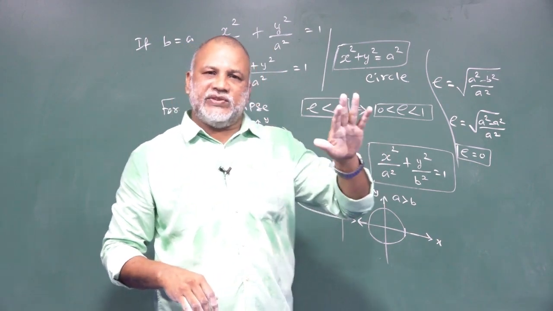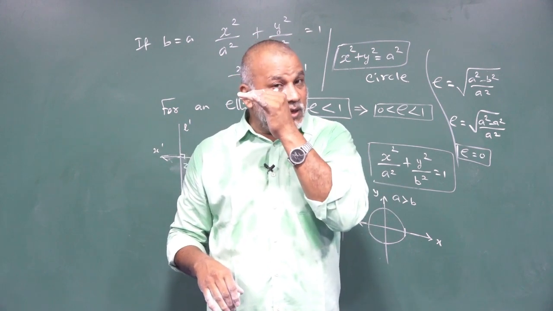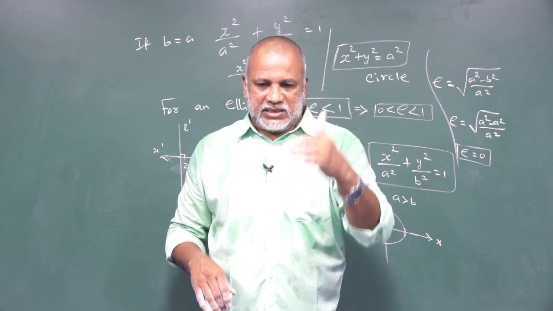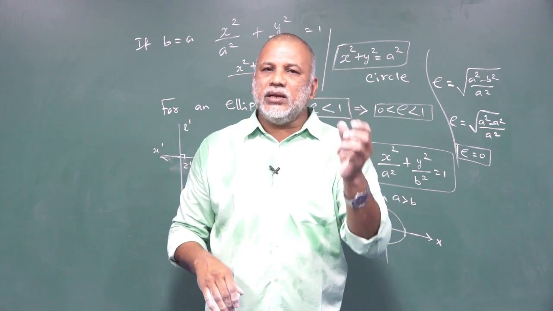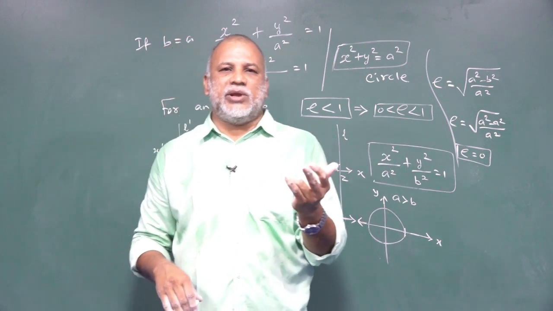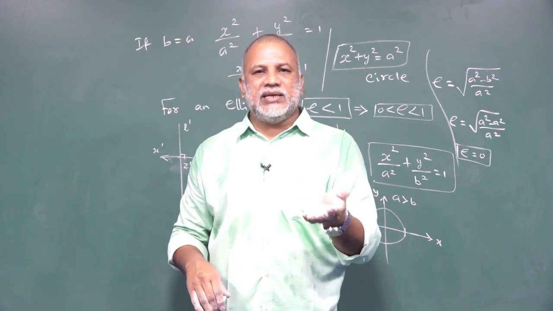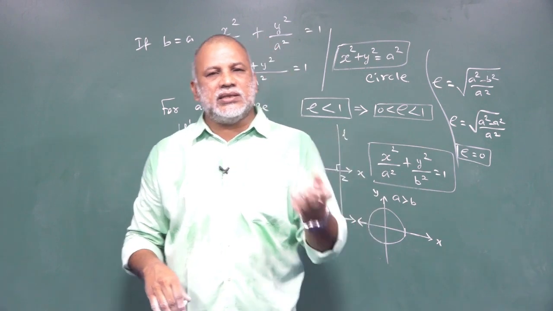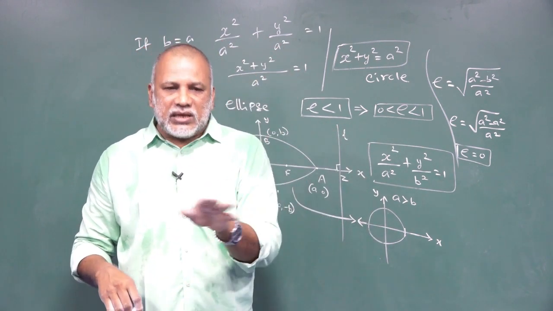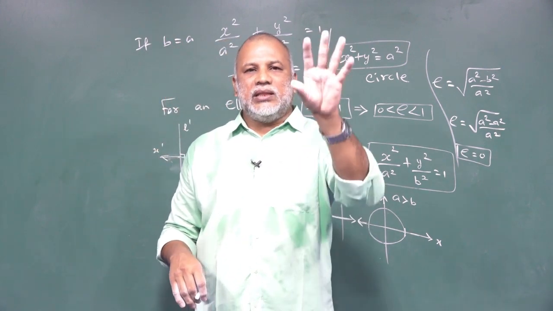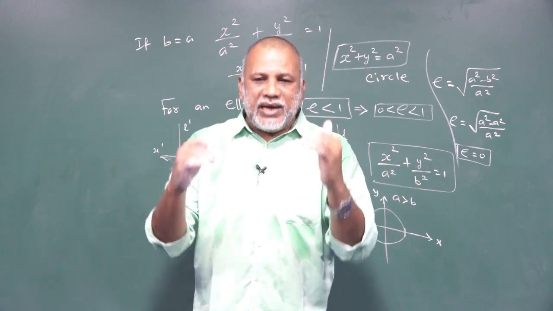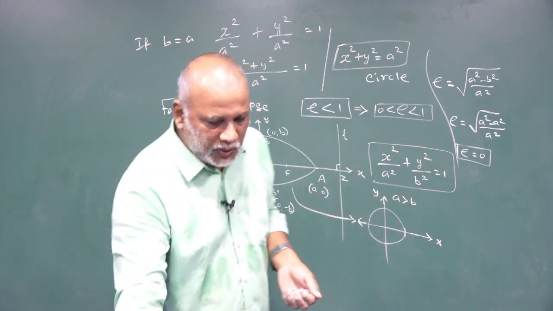So far, what are the definitions? Just to recall: the standard equation of an ellipse. After that, analyzing. What are the analyses? Just discussing the tracing. Then from the tracing we decide some concepts. What is the meaning of center? What is the meaning of foci? Then vertices, equation of the directrices, length of the major axis and length of the minor axis. After that, equation of the major axis, equation of the minor axis, then length of the latus rectum, endpoints of the latus rectum. These are the logics. Based on this, now we are going to work out some problems.